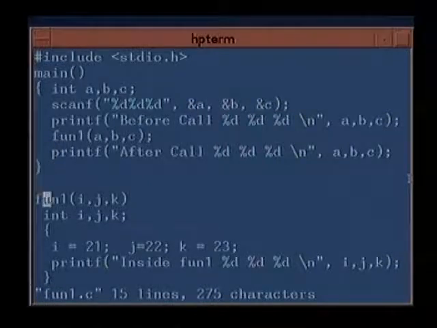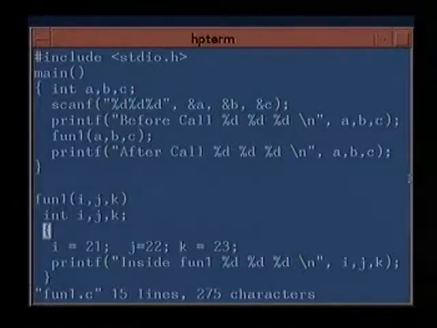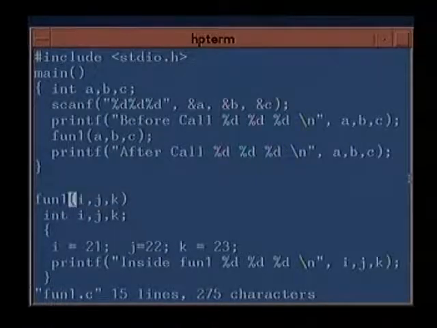And inside the function, corresponding to a I have I, to b I have j, and to c I have k. And before the brackets open for the function, I have to declare the type of the arguments. I can declare it here also inside the declaration. I can also declare it below. So I use the approach of declaring it below. We'll see examples where we declare it there.